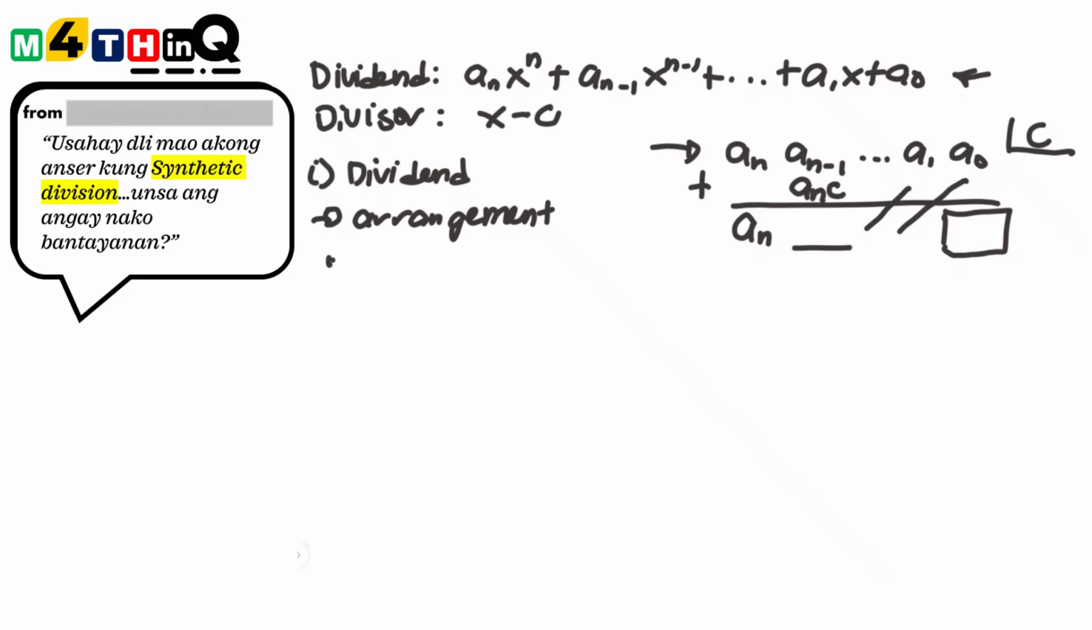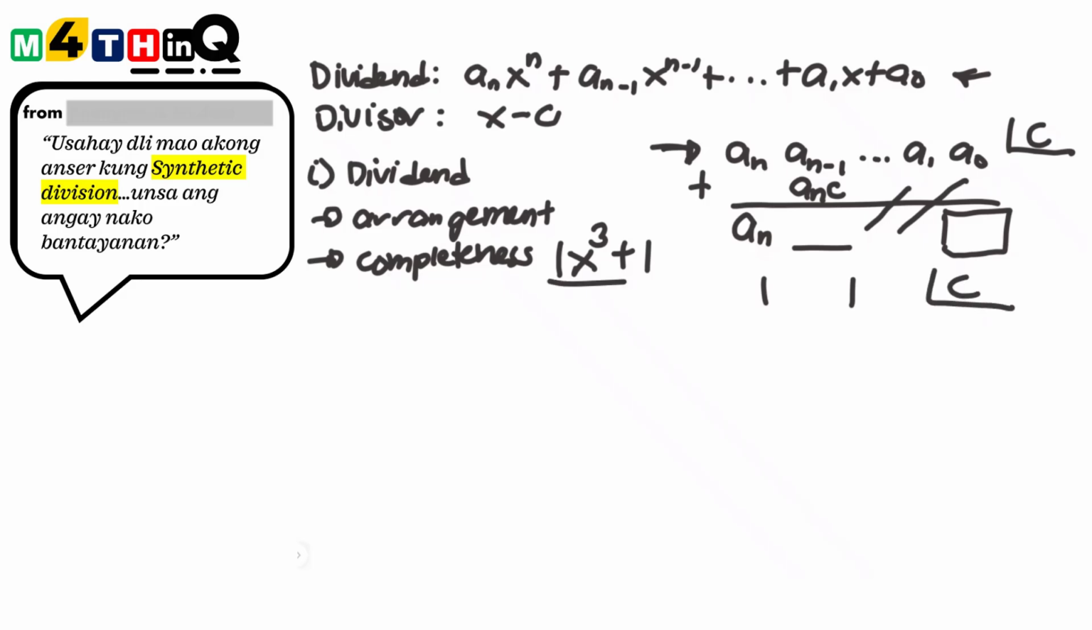The second thing you need to be aware of in your dividend is this: the completeness of your dividend. We're talking about whether or not there are complete or there are no lacking terms. Say, for example, I told you I'm not going to give you a singular example, but let me just give you one example for the illustration. X cubed plus 1, that's your dividend. When you write the first step of your synthetic division, as you write the coefficients, do not write 1 and then 1 and then your c there. This is an example of an incomplete